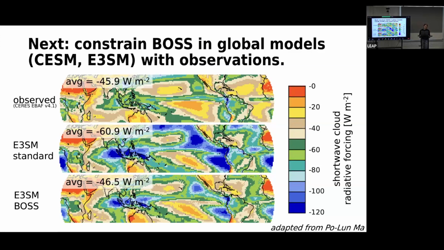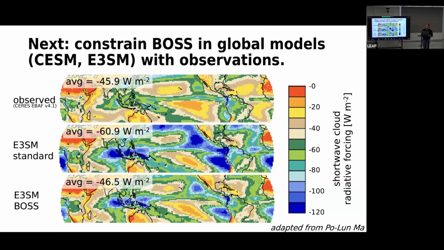I'll mention that our collaborators at DOE and NCAR have implemented BOSS into these models. And here I'm showing results of BOSS in E3SM.